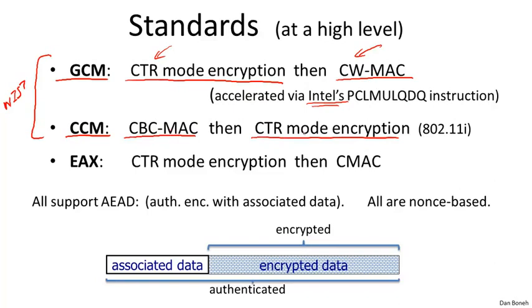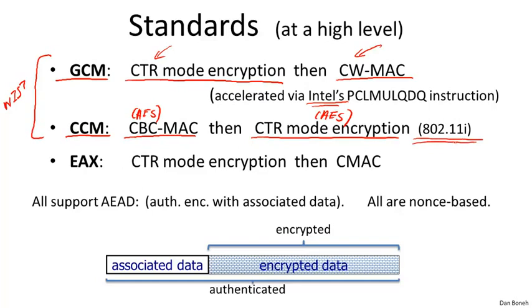So this is actually not the recommended way of doing things, but because counter mode encryption is used, this is actually a perfectly fine encryption mechanism. One thing that I'd like to point out about CCM is that everything is based on AES. You notice it's using AES for the CBC MAC, and it's using AES for the counter mode encryption. And as a result, CCM can be implemented with relatively little code, because all you need is an AES engine and nothing else. And because of this, CCM actually was adopted by the Wi-Fi Alliance, and in fact, you're probably using CCM on a daily basis.